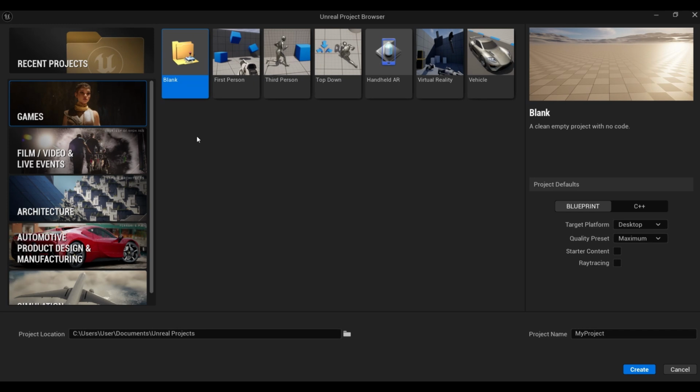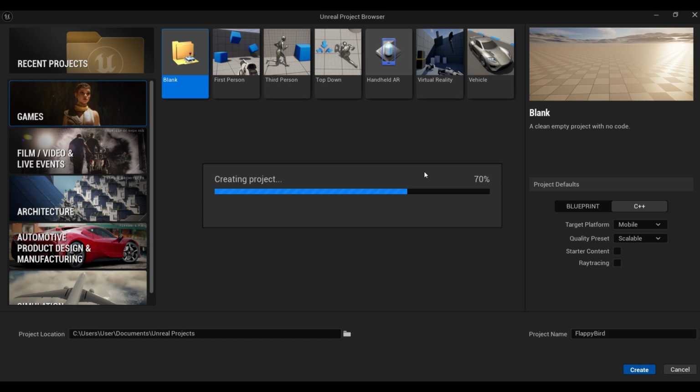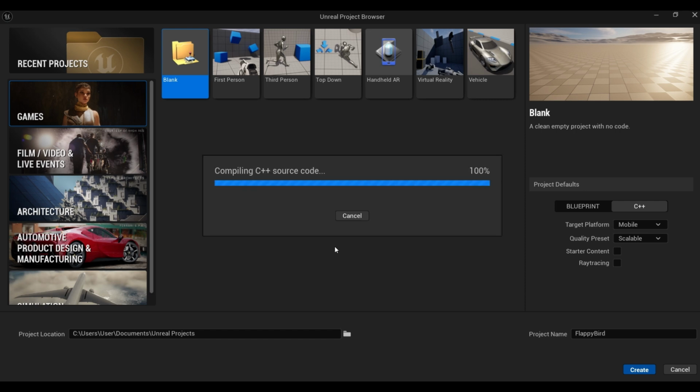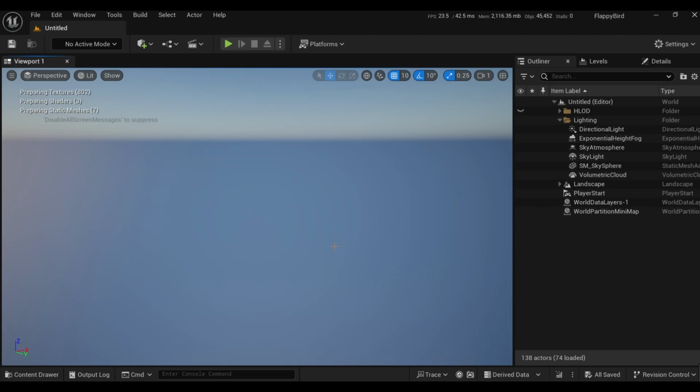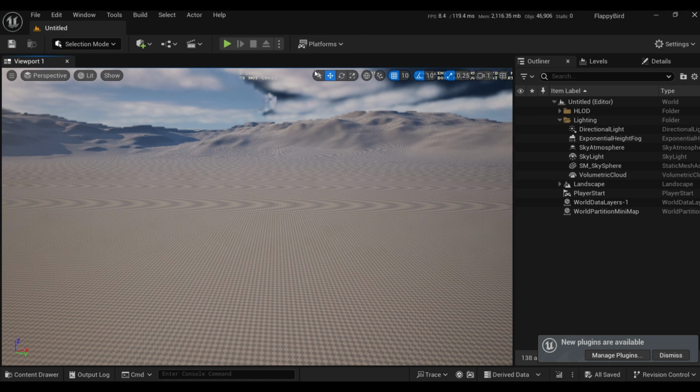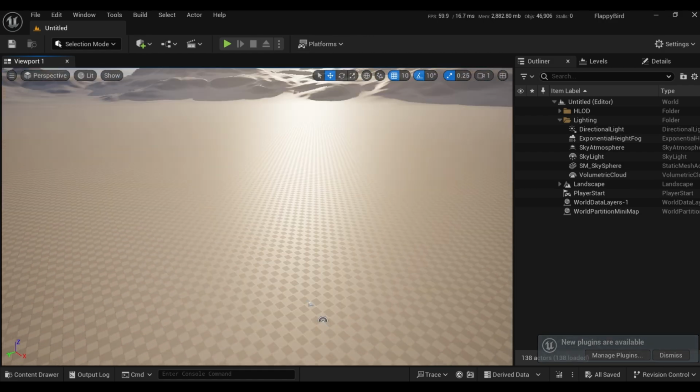The first thing we need to do is to create a blank C++ project, target platform set to mobile and quality preset scalable. Starter content and ray tracing, just leave them as false. And project name, let's call it Flappy Bird. Okay, let's create our project. Alright, now that our project is created,